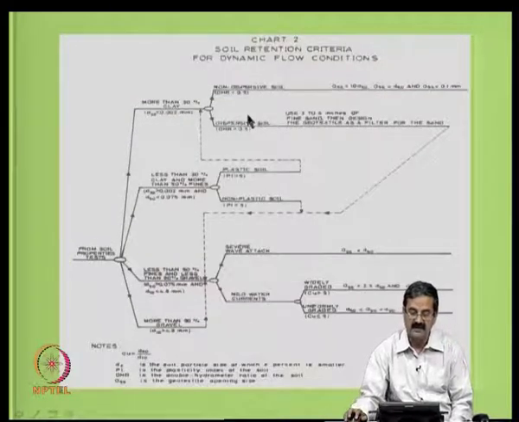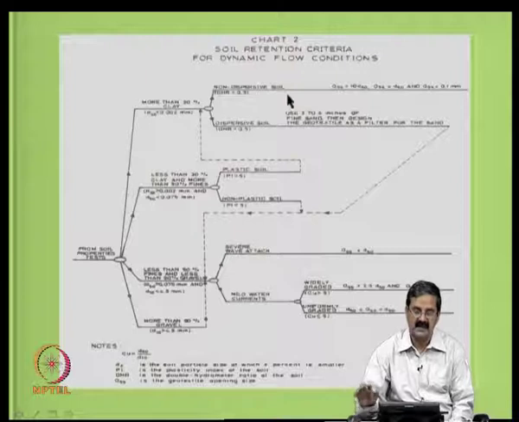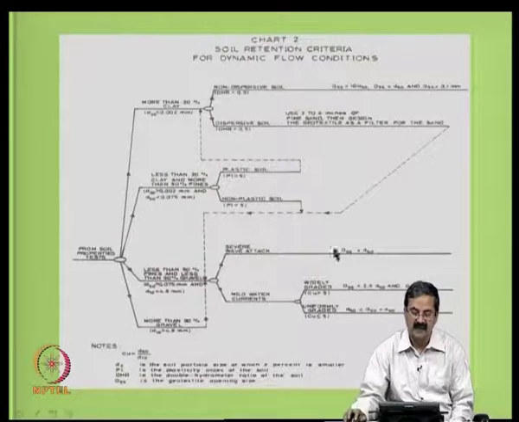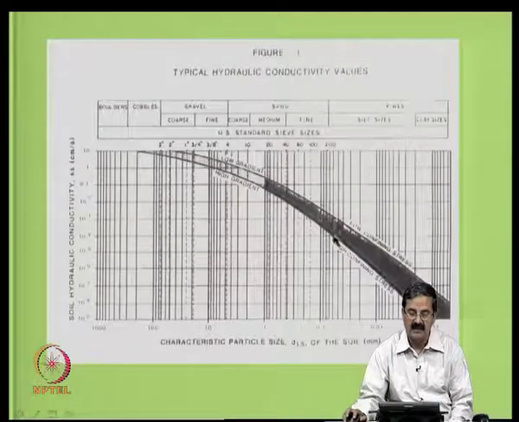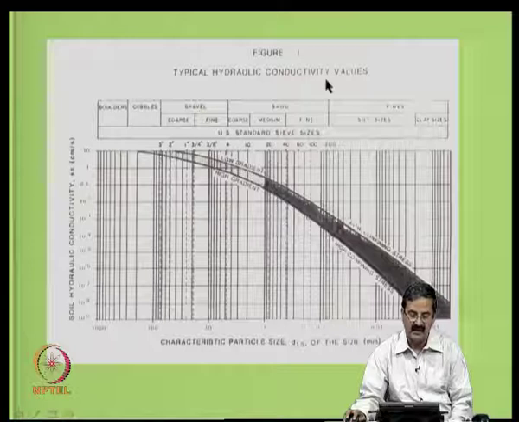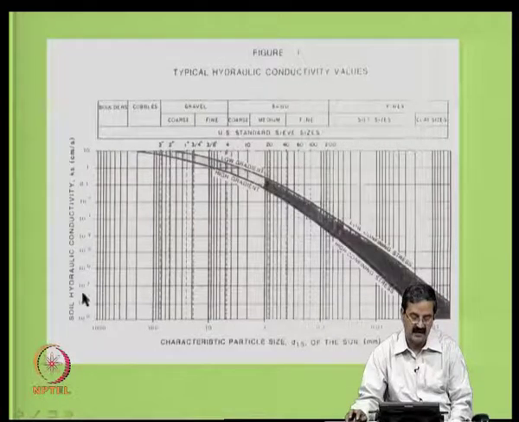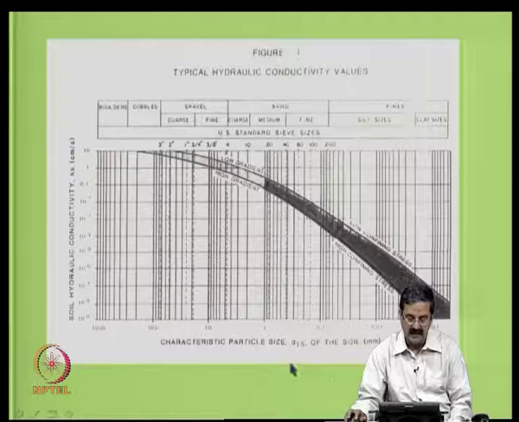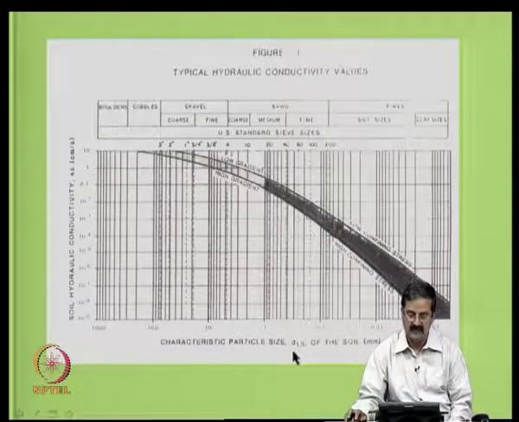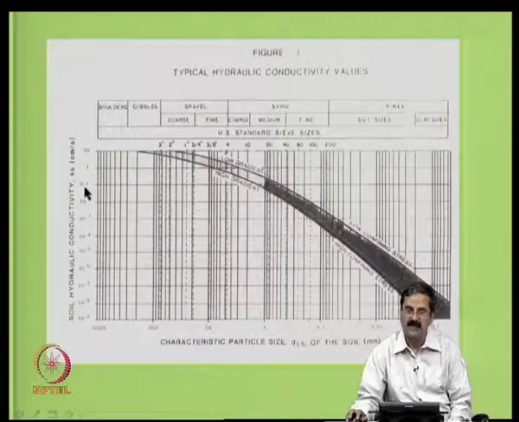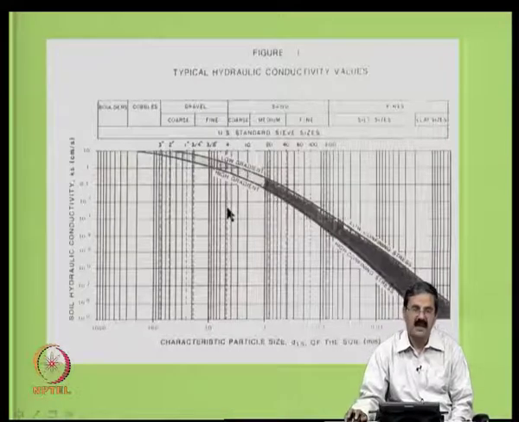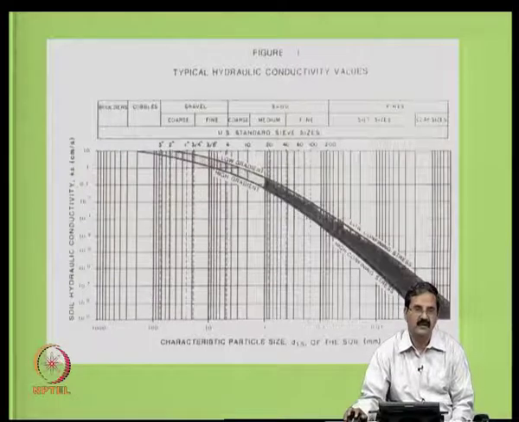And if the flow is dynamic instead of static or steady state, there are some more criteria that he has given. This is again important, and there is a relationship that is given in terms of the hydraulic conductivity and its relationship with the characteristic size of the soil. So, if you know the permeability of the soil, because sometimes it is difficult to do experiments, and if you know the D15 size, one can do the filter design, because we need to have the filter permeability criteria.